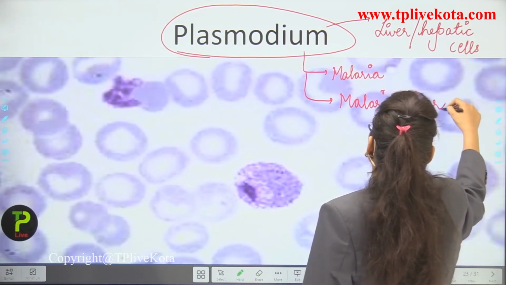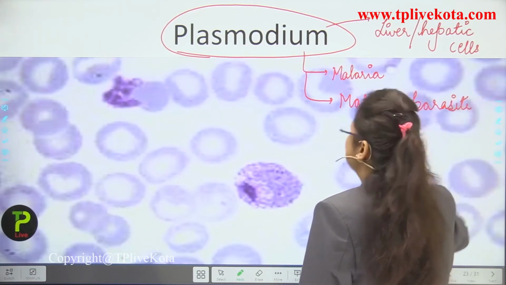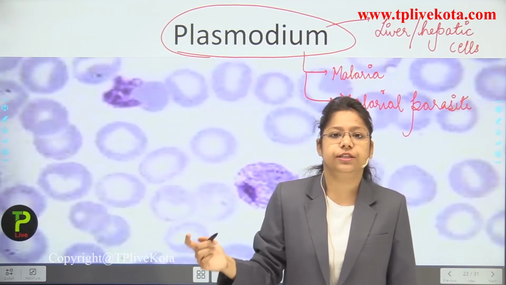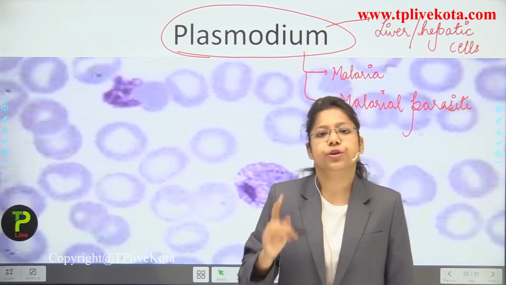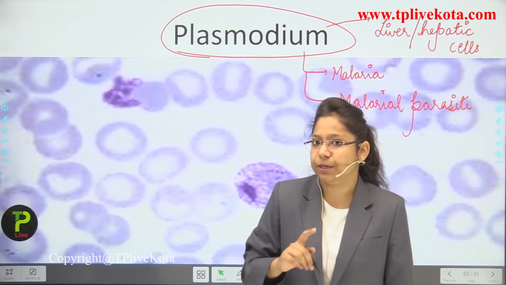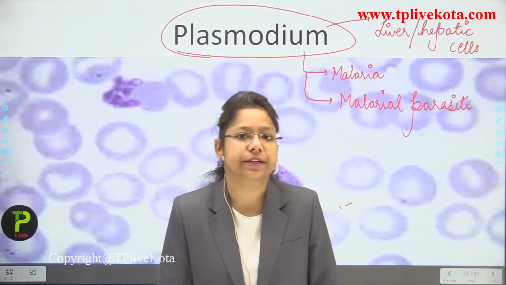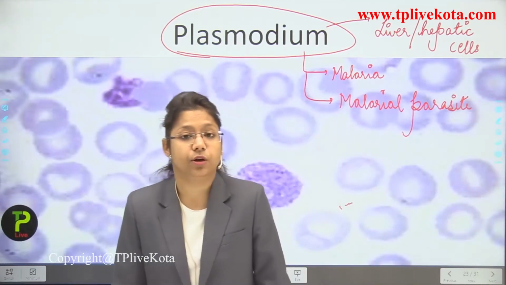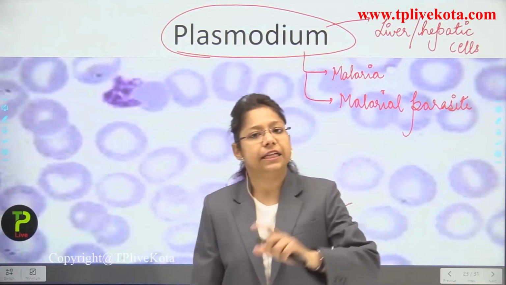Okay students. So this is very easy to learn through pictures. Actually, the recognition is very important for you all. So you have to remember some examples because they are very important for your theory exams as well. Okay, so the plasmodium is a malarial parasite and it causes malaria in human beings, transferred from the female